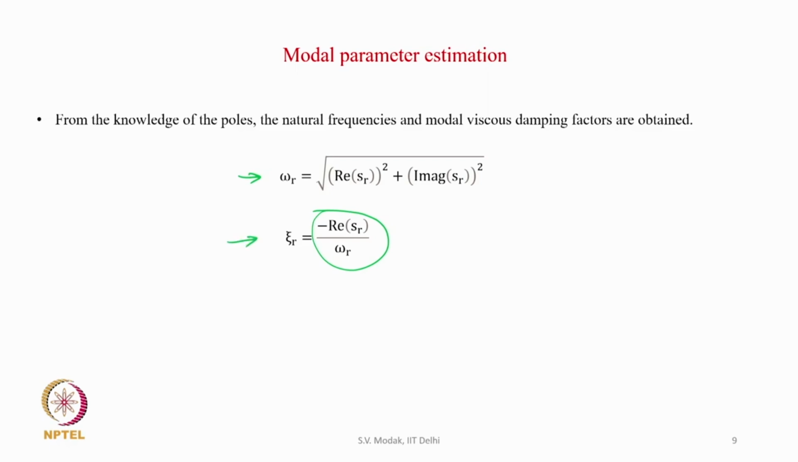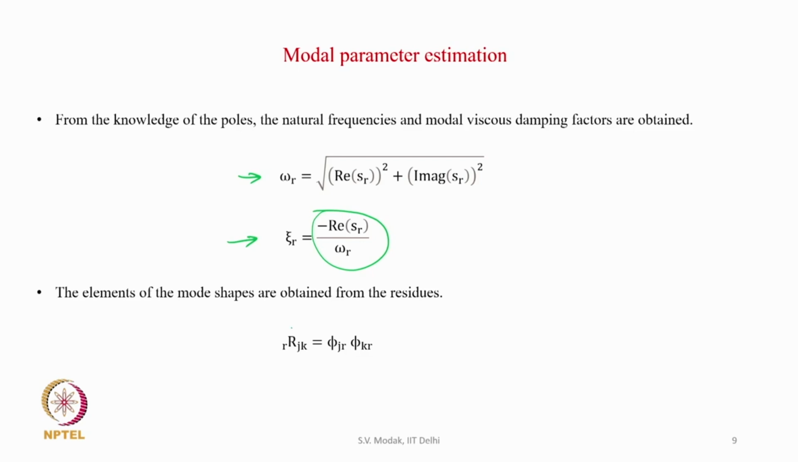Now, how do we find the elements of the mode shapes? We know that the residue is given by the product of the jth and kth element of the rth mode. So, we know that the residue R r j k, which is basically the residue in the FRF j k corresponding to the rth mode, is given by the product of the jth and kth element of the rth mode shape. So,